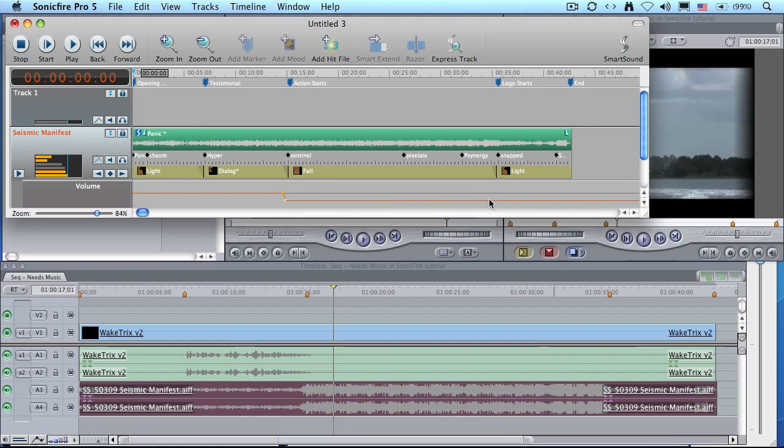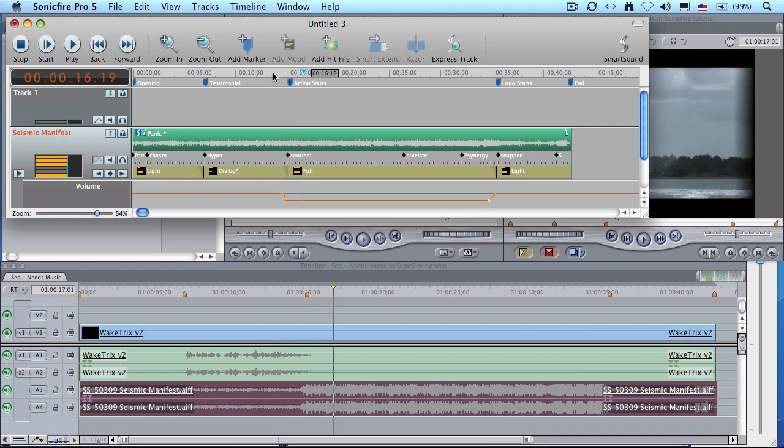Now I'll add some keyframes at the end. I took it down about 6 dB and then double-click to set a new keyframe. You need to double-click and then let go of your mouse and then grab the keyframe and drag it so that now when I play it, using the Weight Tricks method,